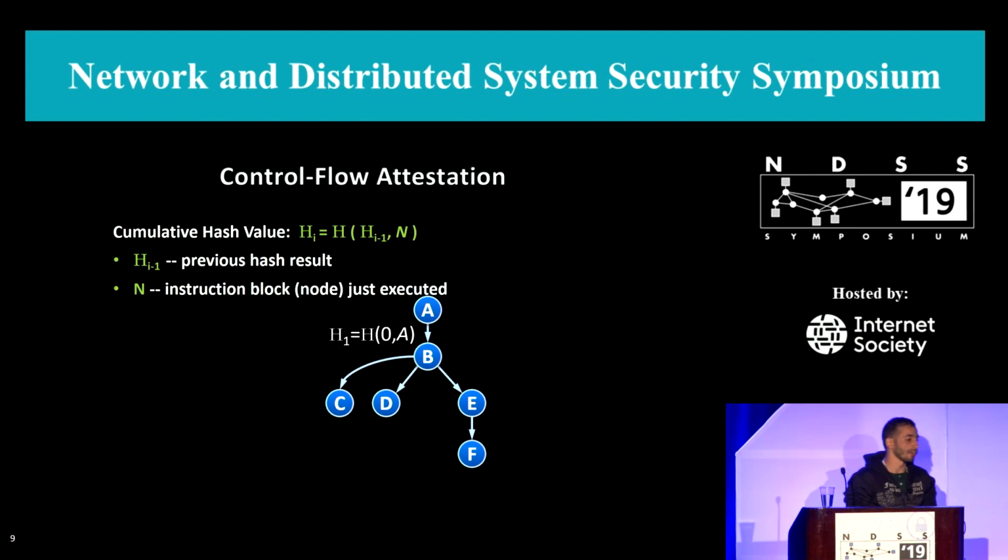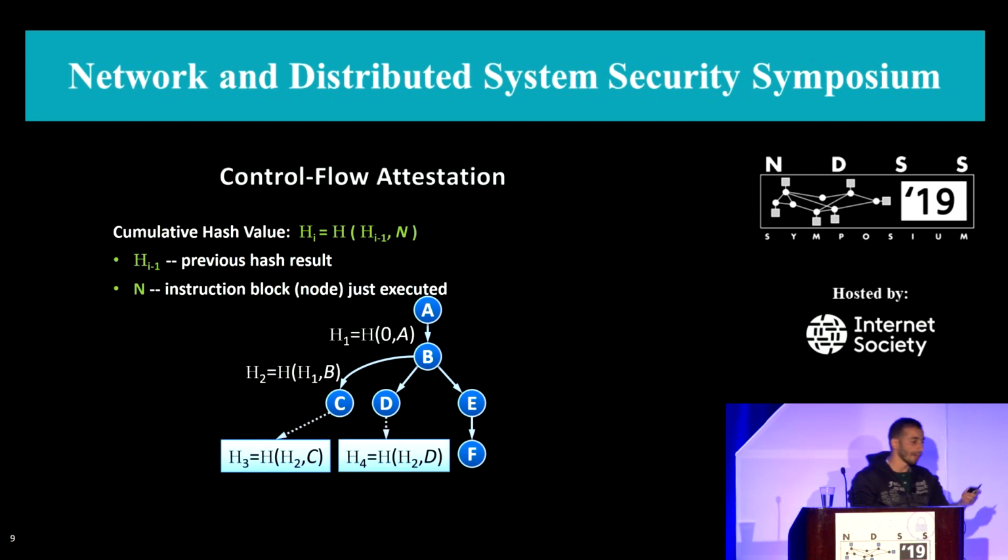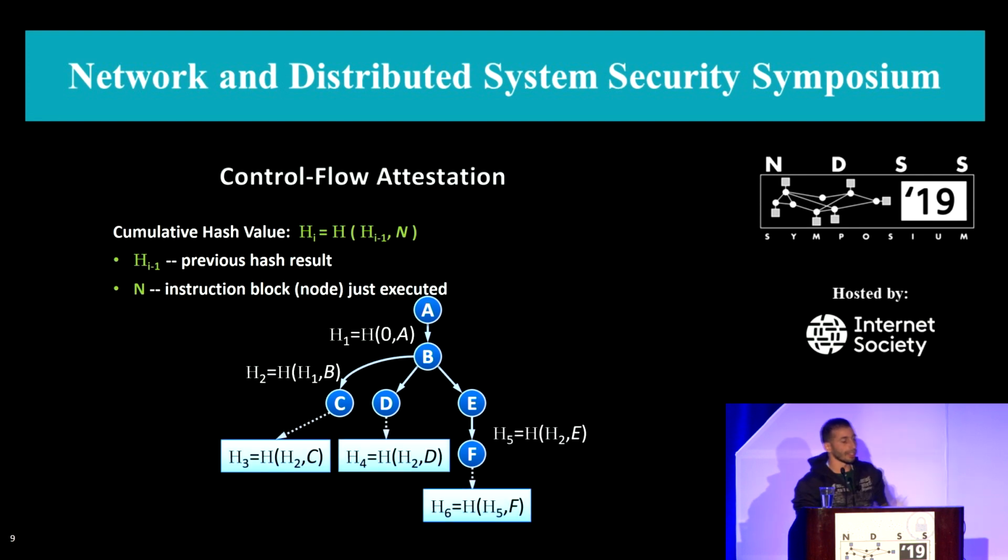So here in the graph, you see if the basic block A is executed, the hash hashes the block A or the address of block A, and then when you jump to block B, the hash is incremented with the address of block B, and so on. So for ABC, you have one hash, or for a different path like ABED or ABEF, you will have a different hash, which represents the execution path of the software, not the exact instructions of the software.